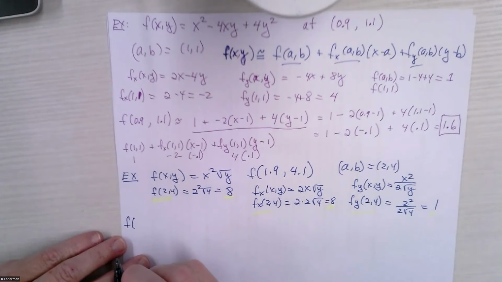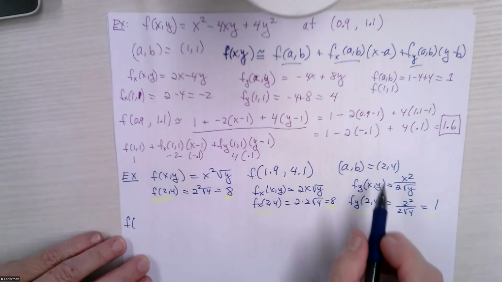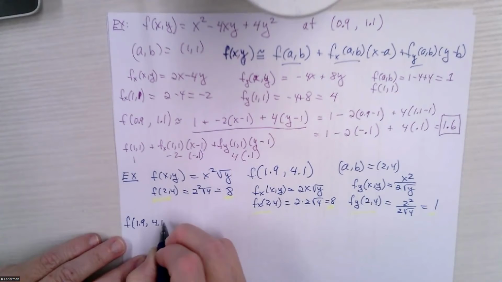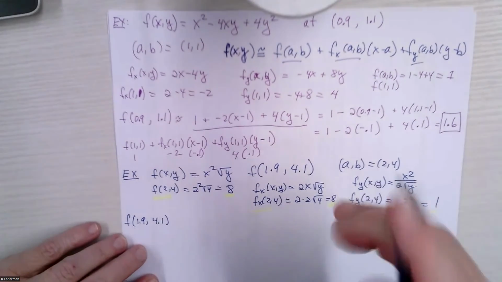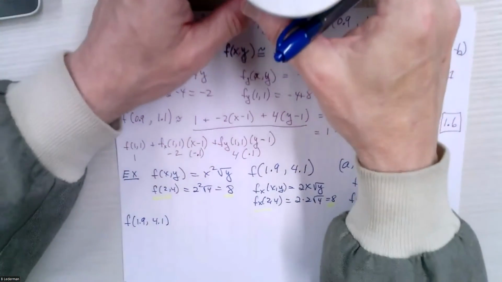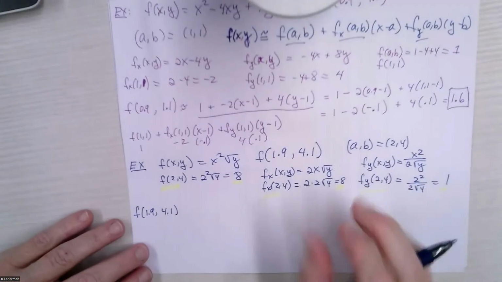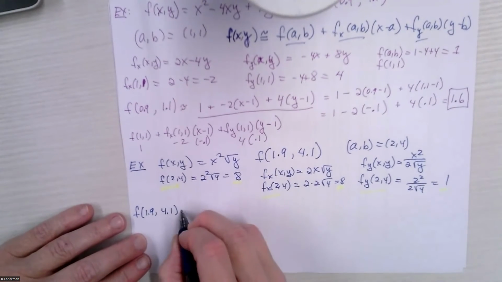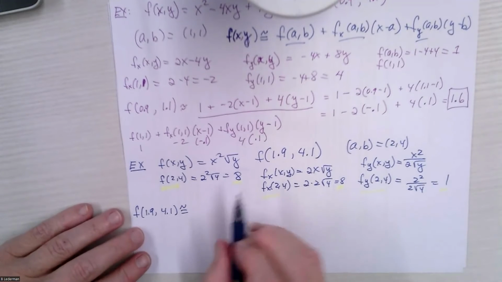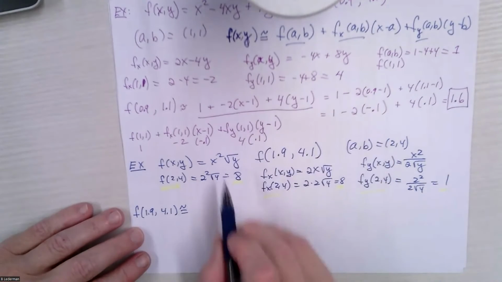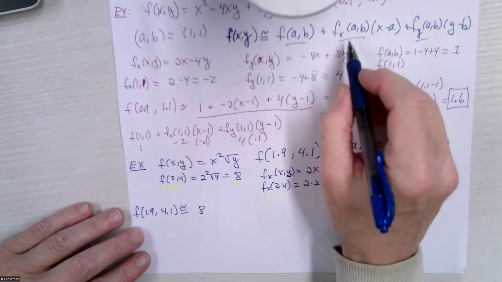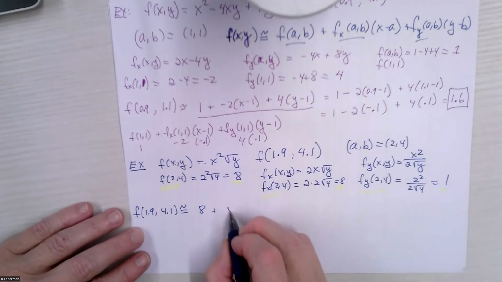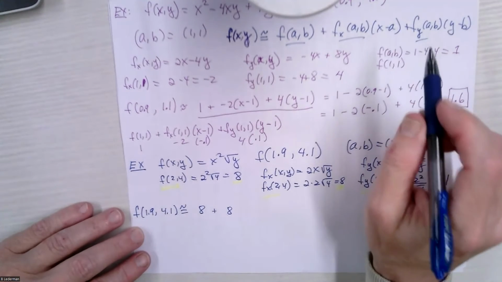1.9, 4.1 is going to equal, we're just going to use the same formula right here. So it's going to approximately equal f of (a, b), which is 8, and f_x, which is 8, times